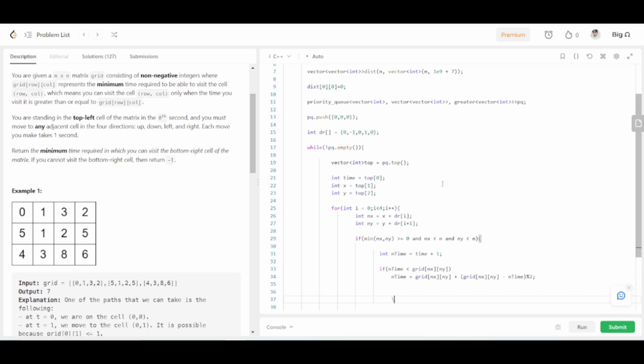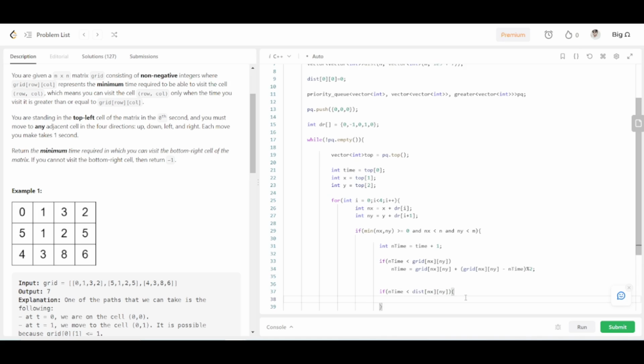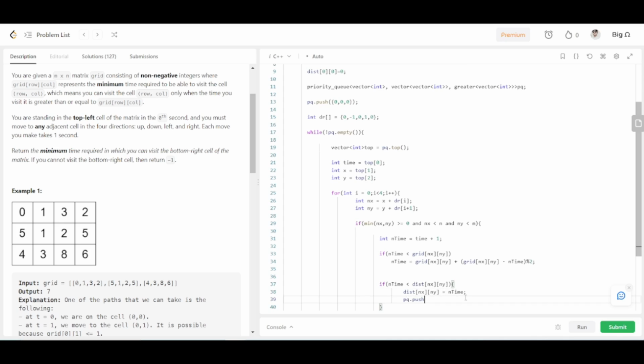Fine. Now I check if this new time is less than the distance that we already have for this new cell. If it is the case, then it is worth updating this distance, because we are getting a better distance, since I want to find the minimum distance to reach any cell of the given matrix. So that would be updated by this new time, and we'll push this pair into the priority queue. So push this new time along with this cell's new x and new y into the priority queue. Fine, so